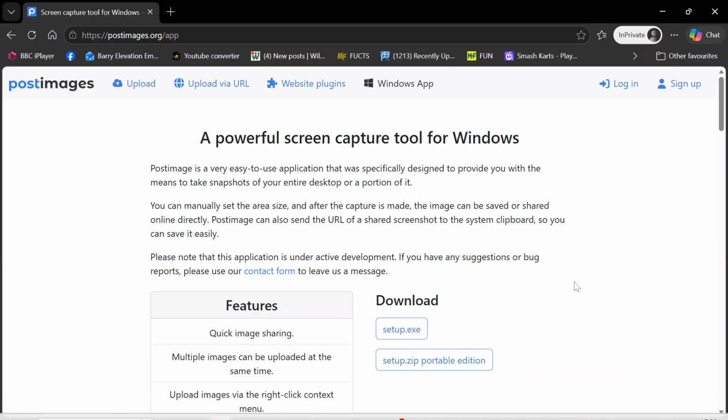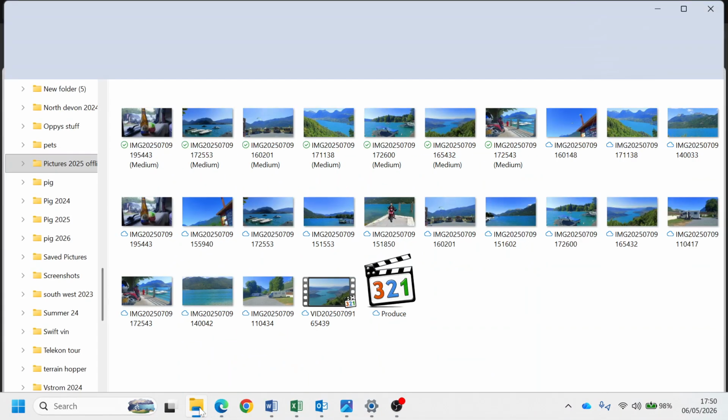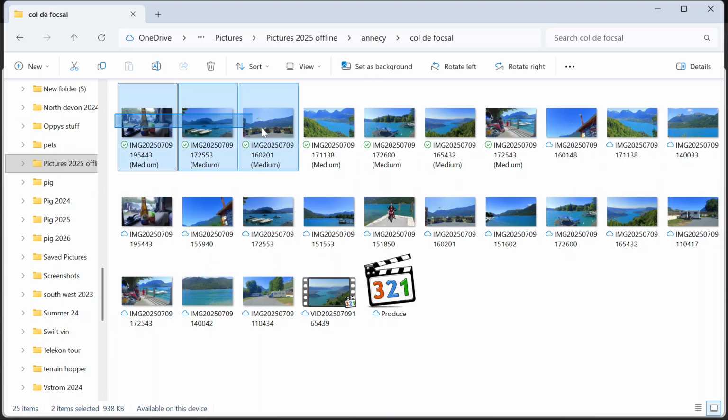Let me first show you how quick it is now to send images to be posted on the forum. Let's say you've got a lot of pictures from your holidays and you want to show everybody. All you've got to do is go to your images in your pictures folder. Let's say I want to send all these from around Lake Annecy up on the forum. I just highlight all those, dragging right across. I think there's 7 there, and then all I have to do is right click on all of those,